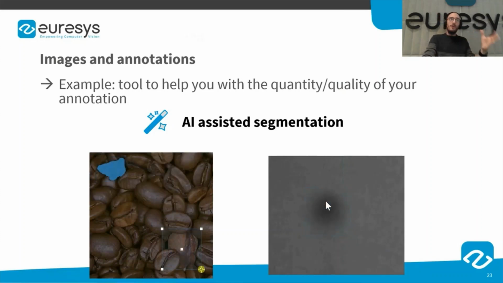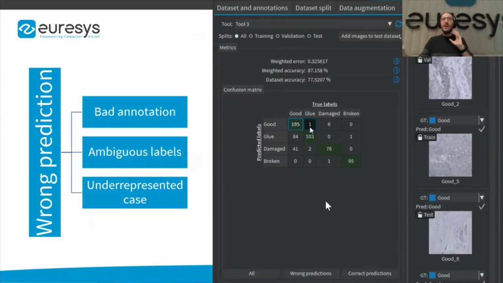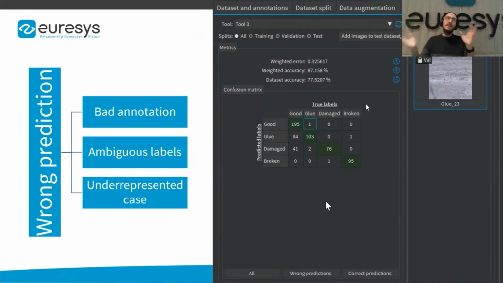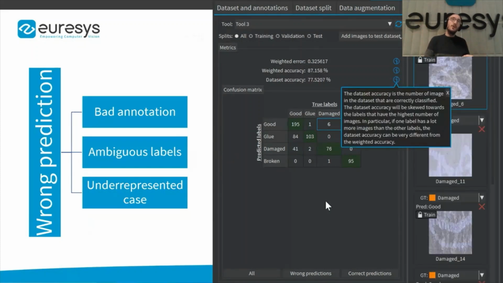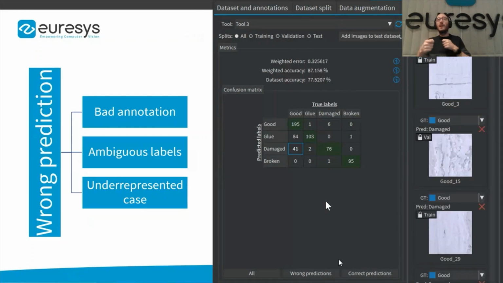Another step in the workflow to improve both the quantity and quality of your data is the analysis of results. For example, by looking at where a previously trained model makes mistakes, you can find bad annotations, so images for which you have assigned the wrong label, for example. You can find ambiguous labels. So these two are problems with data quality. So you perhaps need to reformulate your problem and reformulate all the categories that you want to recognize for your